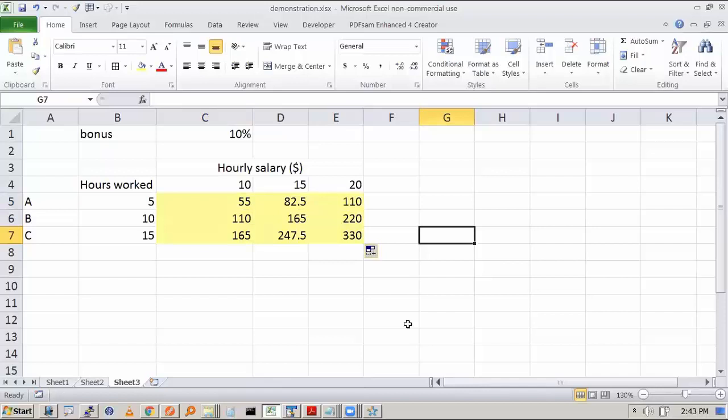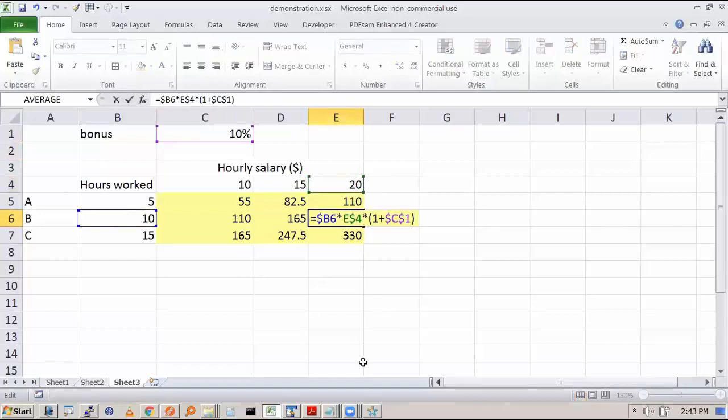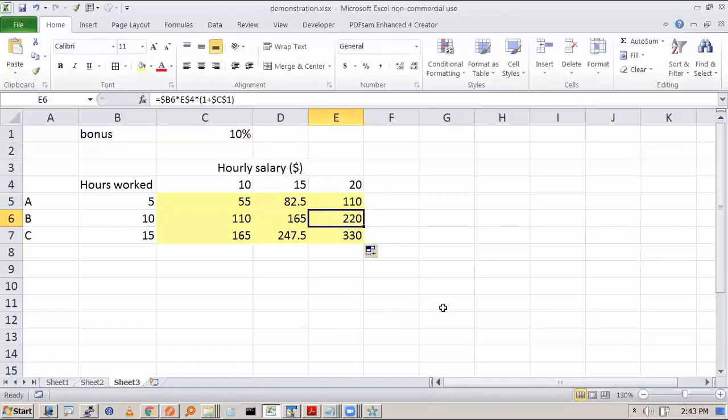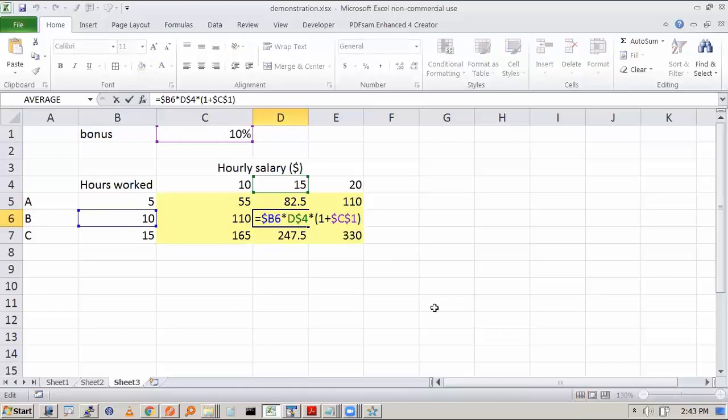Enter. See this, very simple. 10 hours work, hourly salary is 20. He should get 200, but his bonus is 10%, so he should get 220. And the way to check whether you have entered the correct formula or not, once you have entered it, go to any cell, press F2 and see what is happening. You can see this is a cell, this is a cell, this is a cell. All these three cells have been multiplied. So you can understand you have written a correct formula.